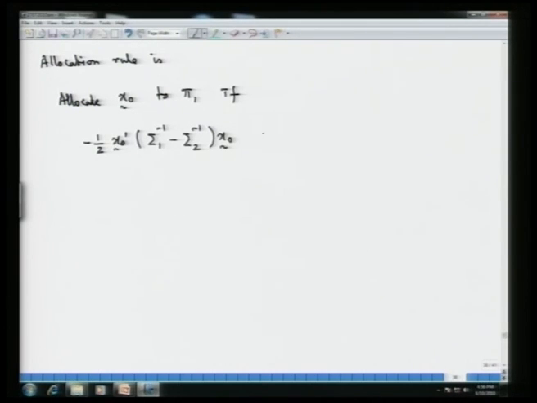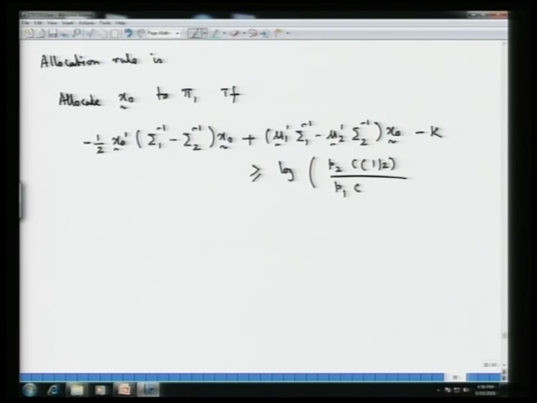This is the quadratic term here. This plus mu 1 transpose sigma 1 inverse minus mu 2 transpose sigma 2 inverse, this times x naught vector, this minus that constant k, is greater than or equal to the term with the prior probabilities and the costs of misclassification, C1 given 2, divided by P1 into C2 given 1,